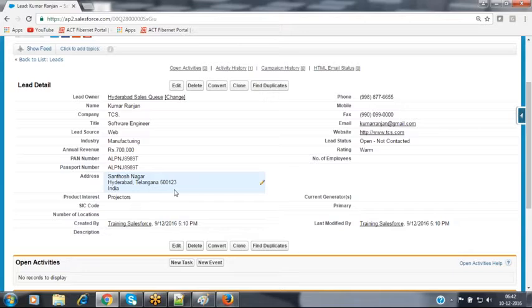Now, coming to my organization, I have different sales teams. For Hyderabad, I have a separate sales team. For Bangalore, I have a separate sales team. In Chennai, I have a separate sales team. In Mumbai, I have a separate sales team. If any person shows interest from the Hyderabad location, those lead records I want to forward to the Hyderabad sales team, nothing but the Hyderabad sales group,